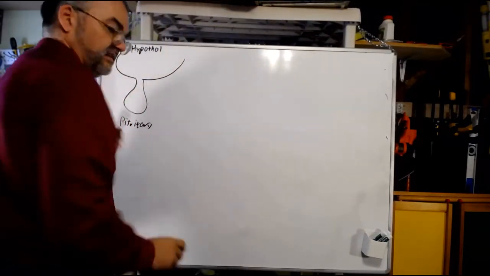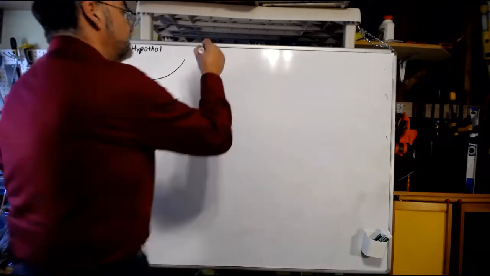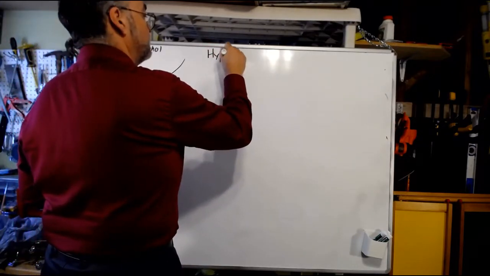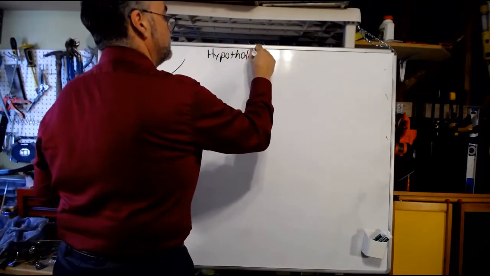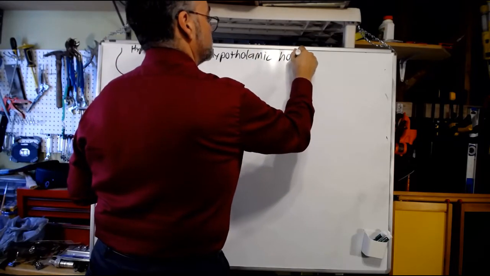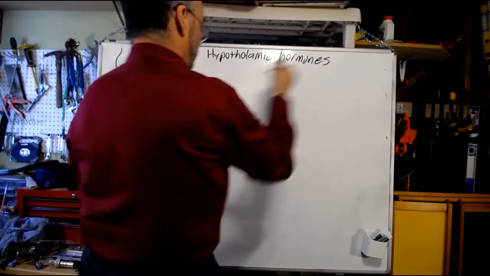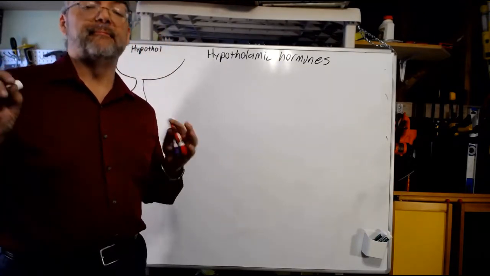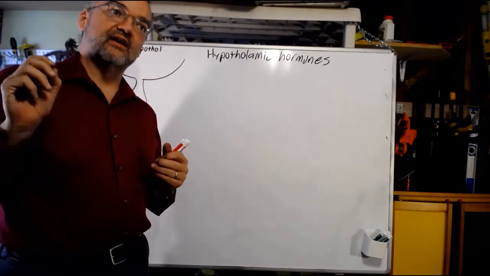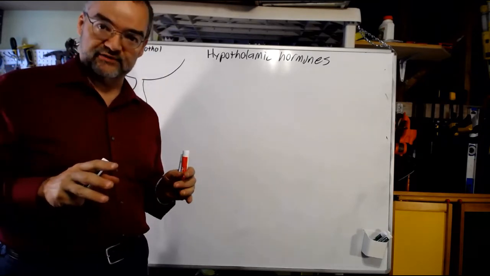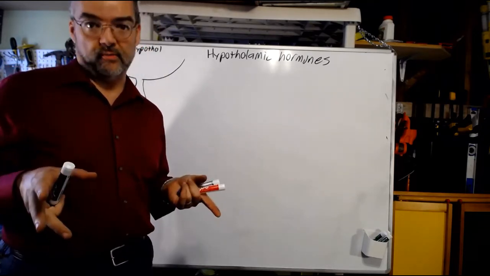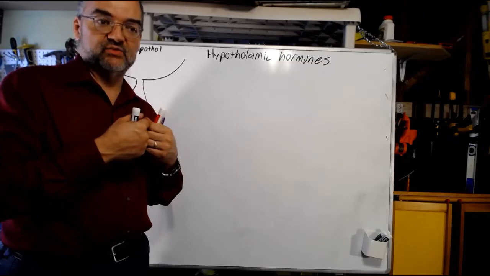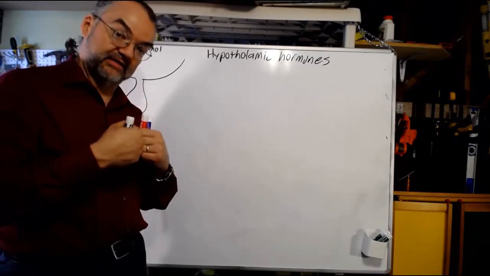Now, let's consider some hypothalamic hormones. Now, the hypothalamus is nerve tissue. It's part of the brain. But the cells here, in addition to working as nerve cells, they also release neurohormones. So they release what might otherwise be a neurotransmitter, but they put it into the blood, so it acts as